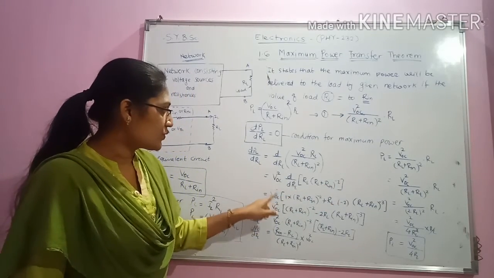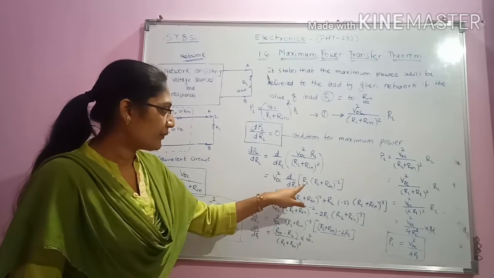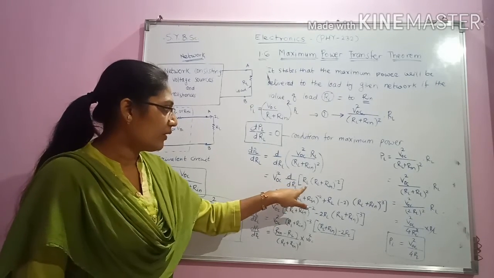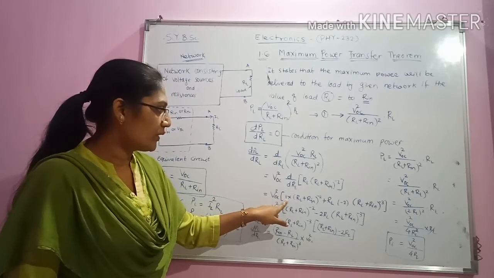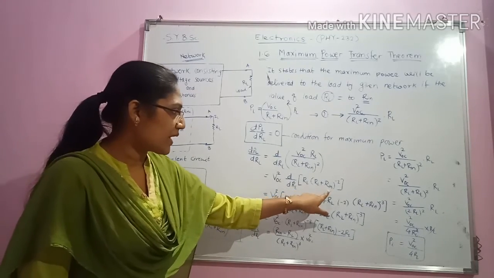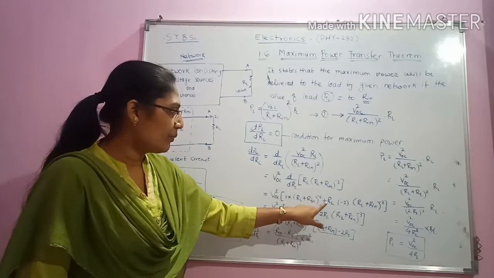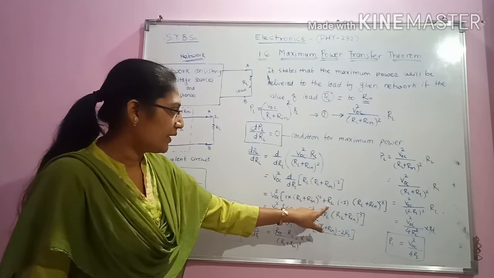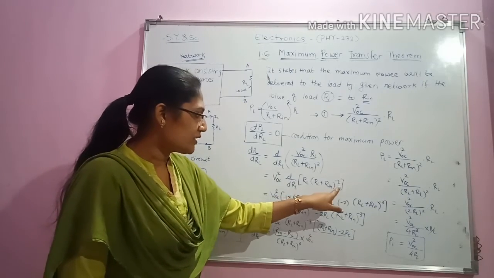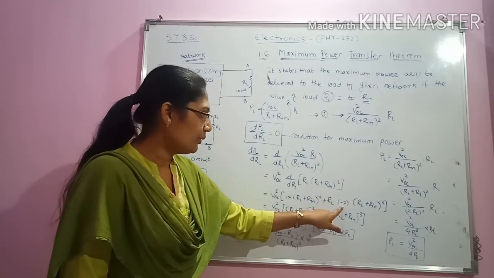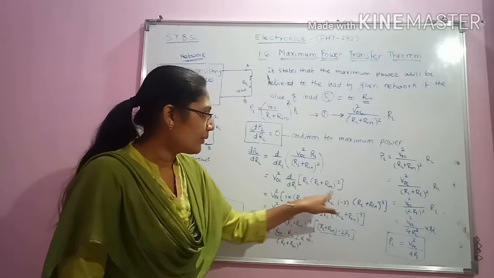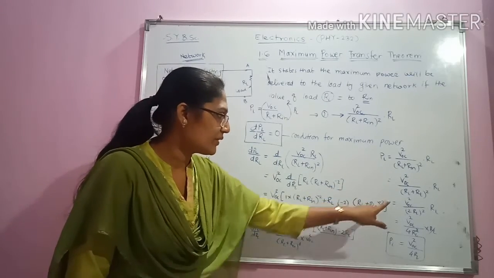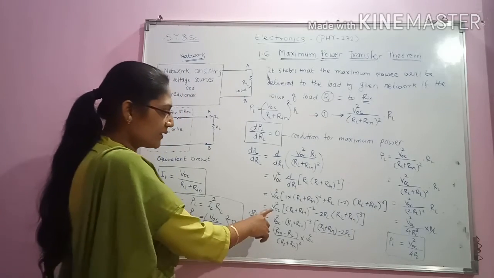Hence V_OC square into bracket d of dR_L of R_L gives us 1 into (R_L plus R_in) raised to minus 2 plus the derivative of this term, that is minus 2 into R_L into (R_L plus R_in) raised to minus 3, and this gives us